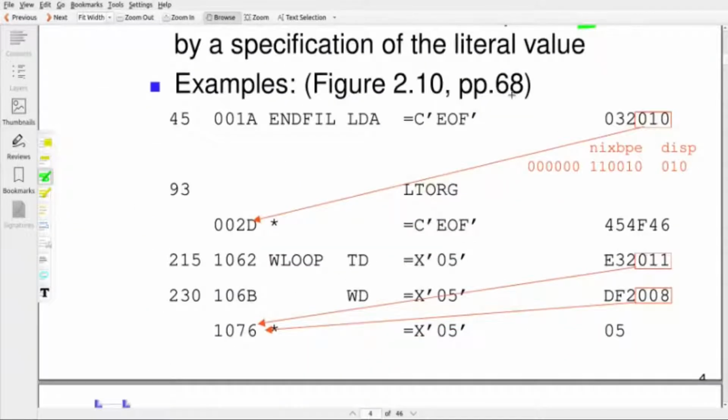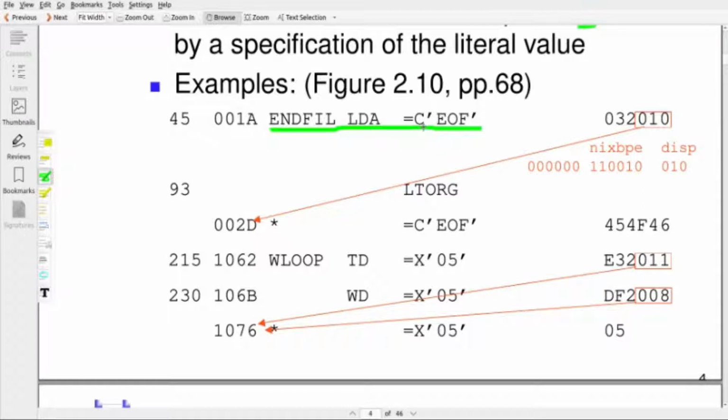Let us see how the data value is created by the assembler. Here a literal is used in the instruction LDA =C'EOF', where C indicates a character and EOF is end of file. It is a character constant, and loading that character constant EOF into the accumulator is the meaning of this instruction.